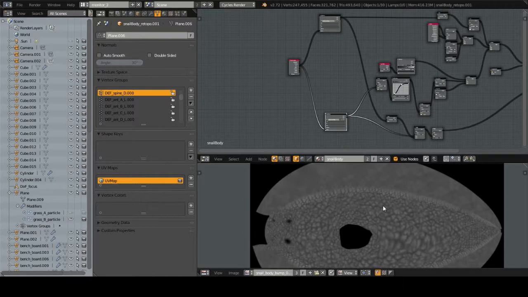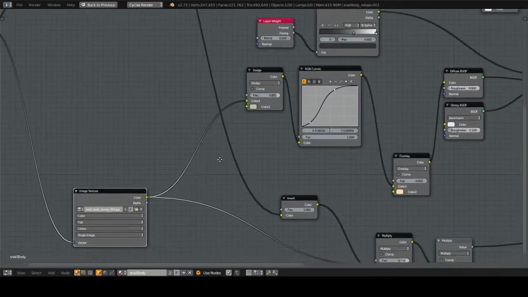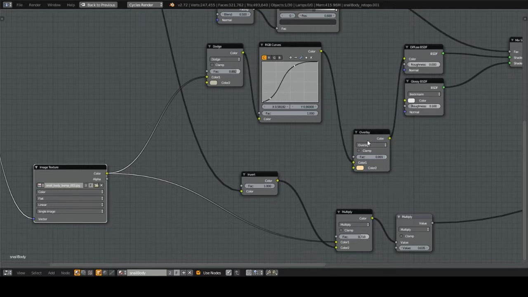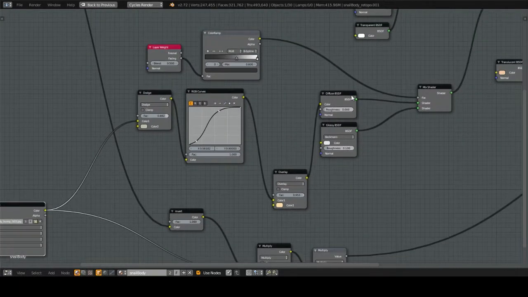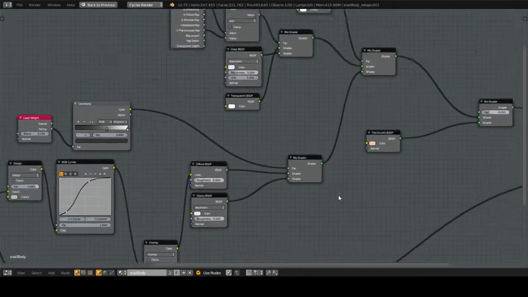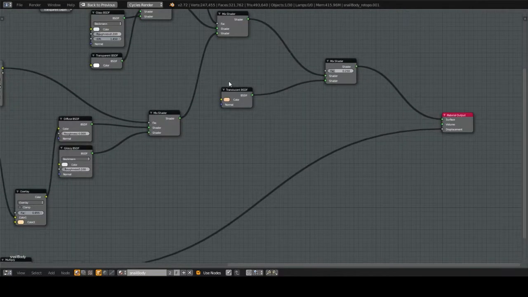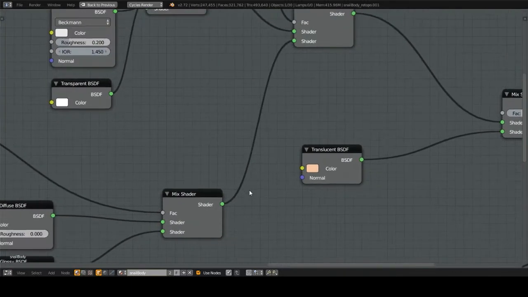So this sort of controls the color, but the way this works is I've got the bump here, and then this goes through a dodge and then curves, and then goes through an overlay mode, which is overlaid with this orangish color, and then that goes into a diffuse mode, which goes into the mix shader, and it's got all these other steps that it goes through. I also want to point out that it has a translucent element to it,